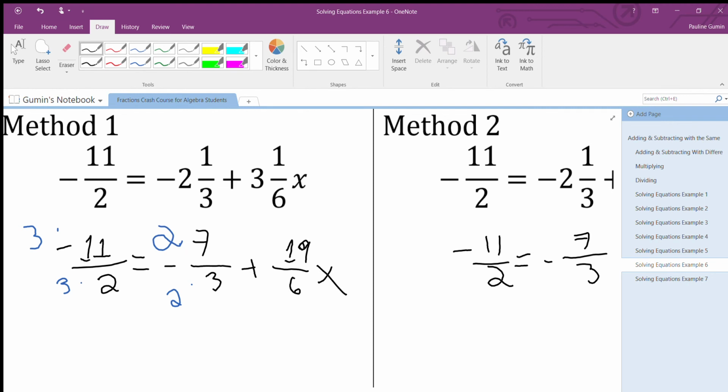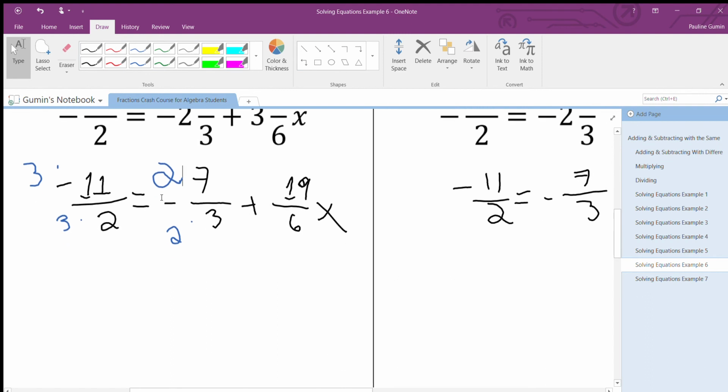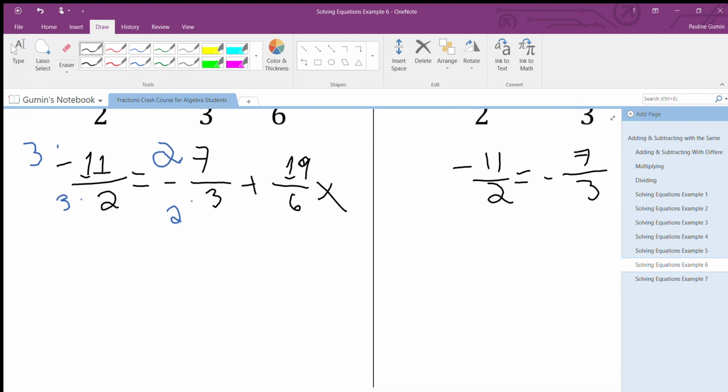Okay. Trying to scroll down a little bit. Okay. So we have negative 33 over 6 equals negative 14 over 6